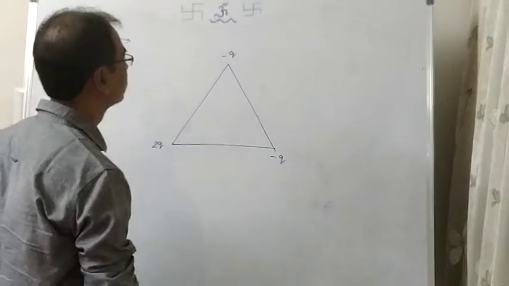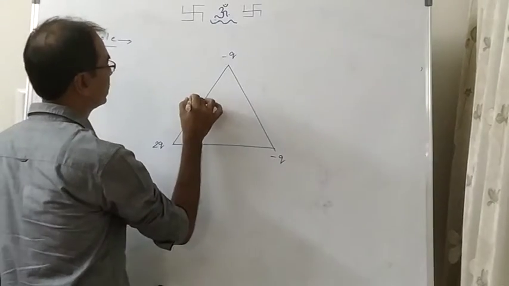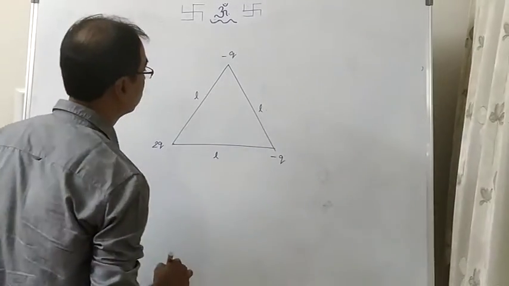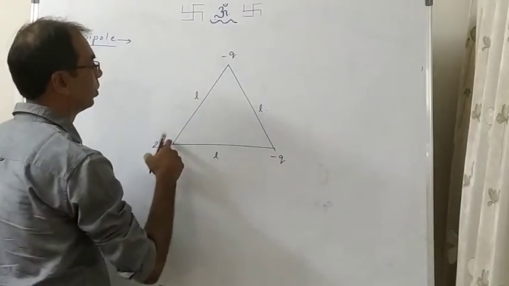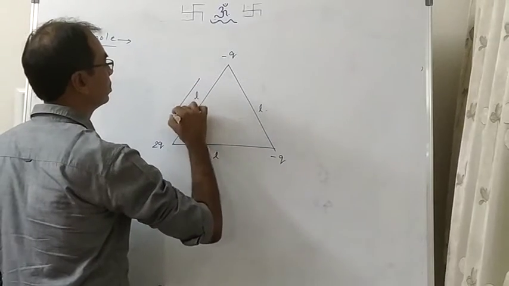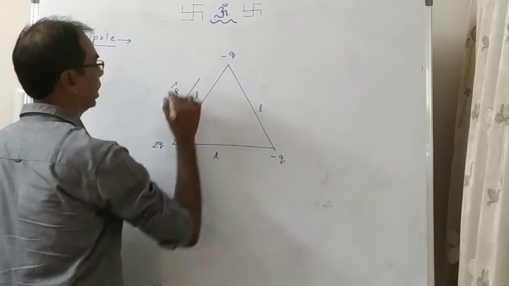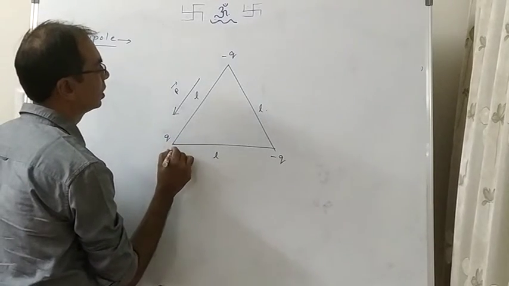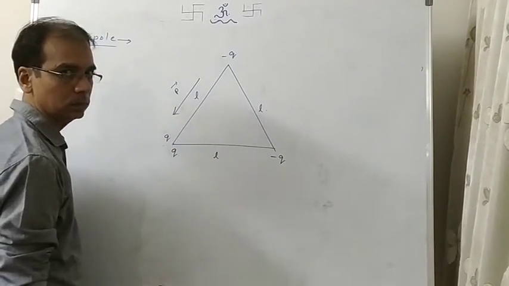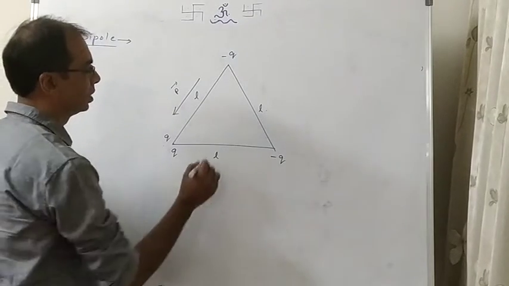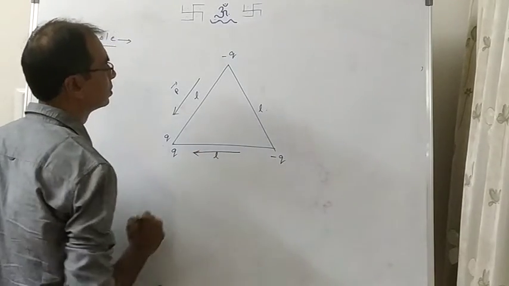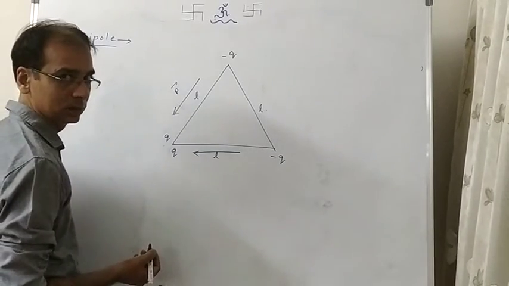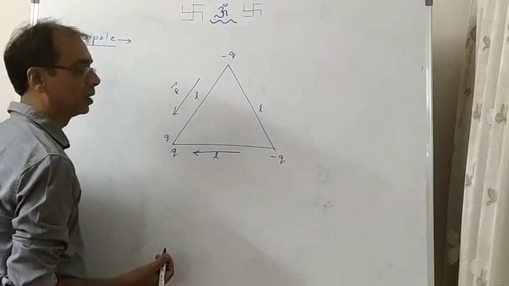Similar question, right? So in this case, if I say that this is L. Now, what we can do, we know that this dipole moment, its direction is like this, minus to positive. And here this 2q we can write as q and q. So this q we can write over here and this q over here. Correct or not? And this dipole moment will be in this direction. Correct? Now what is the angle between the two? It's 60 degrees.